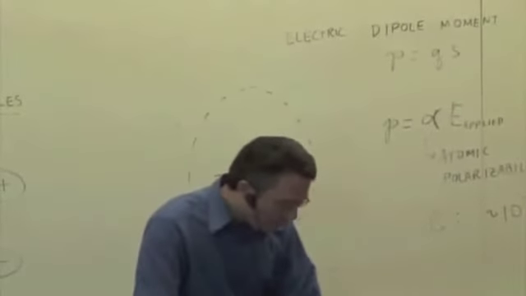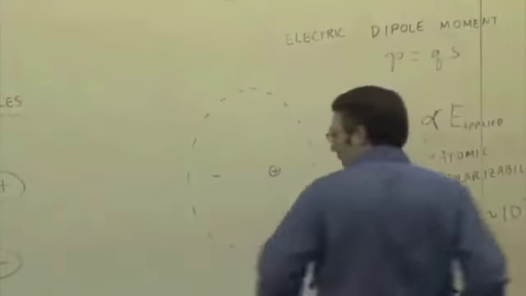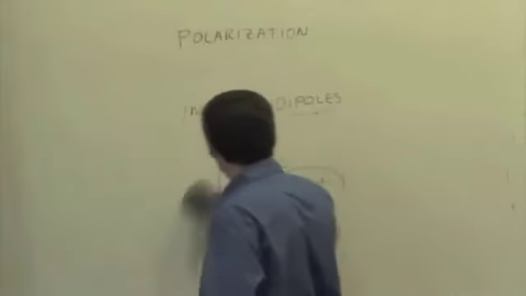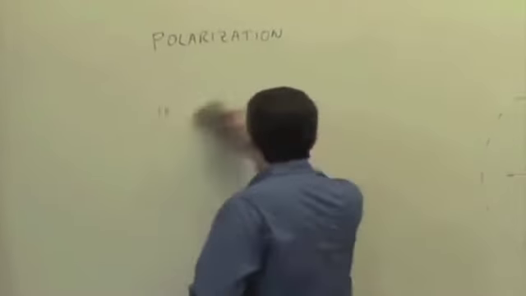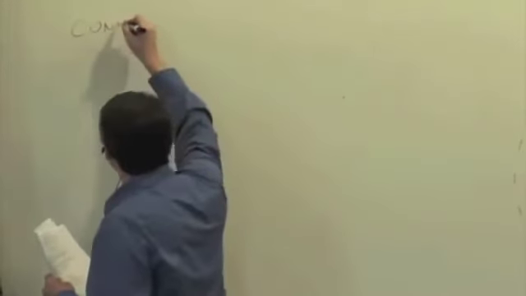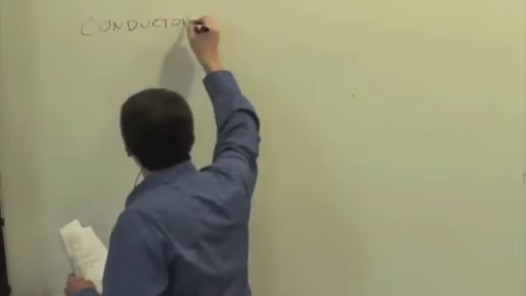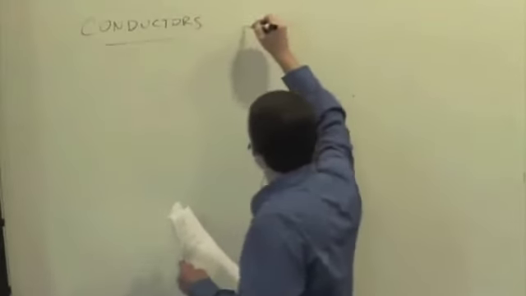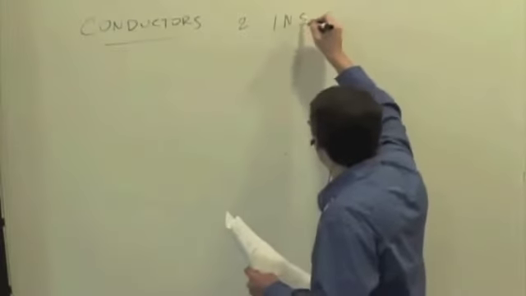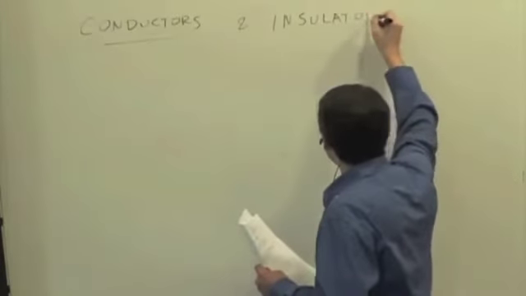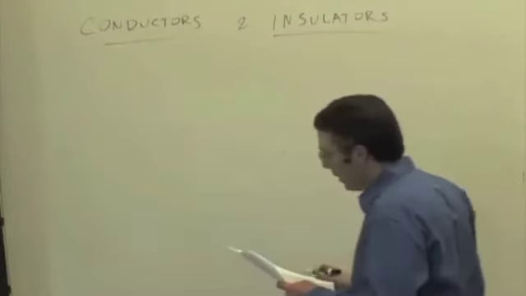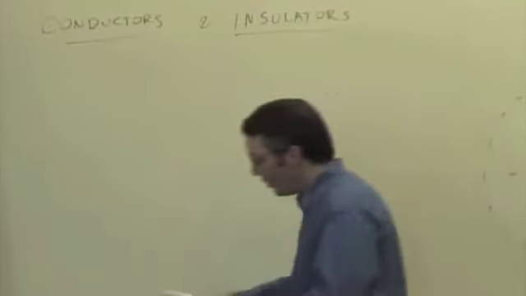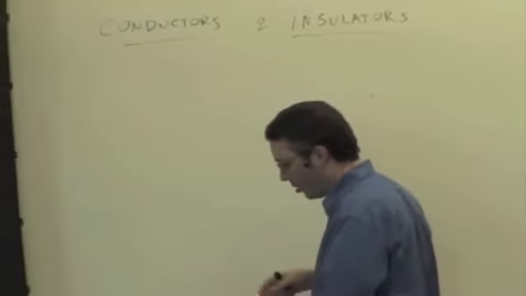All right. Today we're going to distinguish between electric interactions in two different types of materials. We're going to define and talk about conductors versus insulators. And simple definition, basic difference between the two